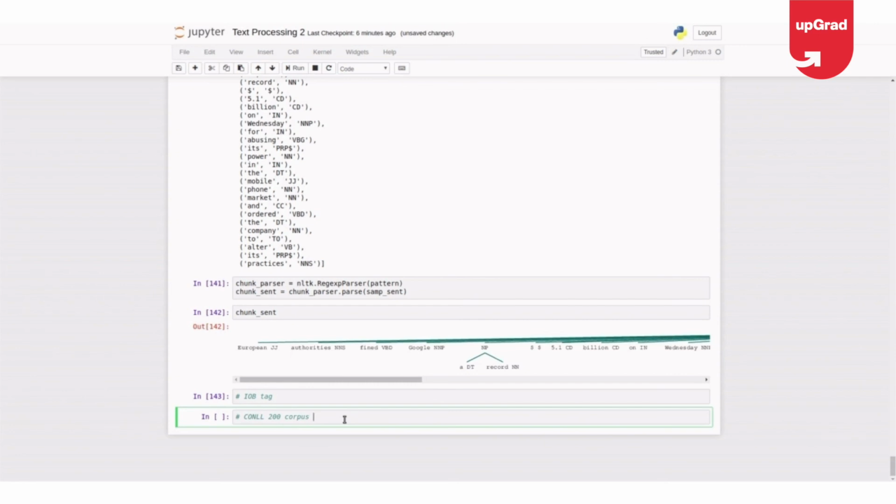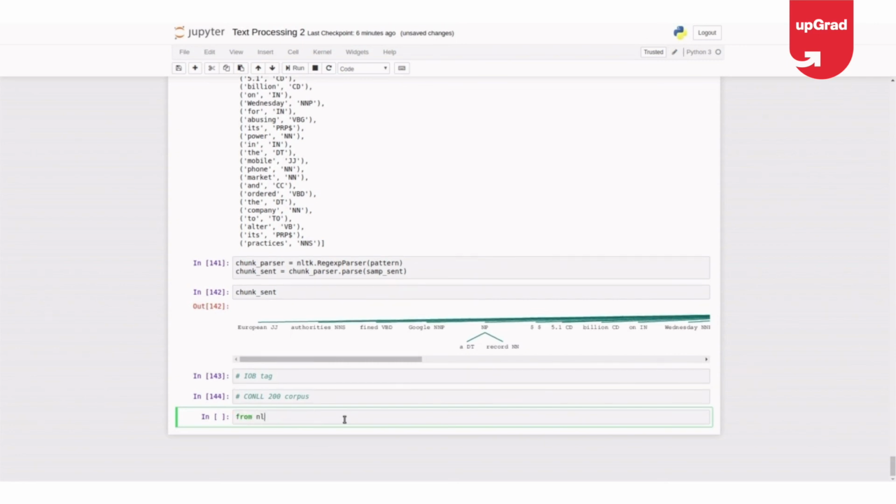It has been trained on that corpus. So we'll import from nltk.chunk tree2conlltags. There is also the reverse one, conlltags2tree. Okay, let me print also.